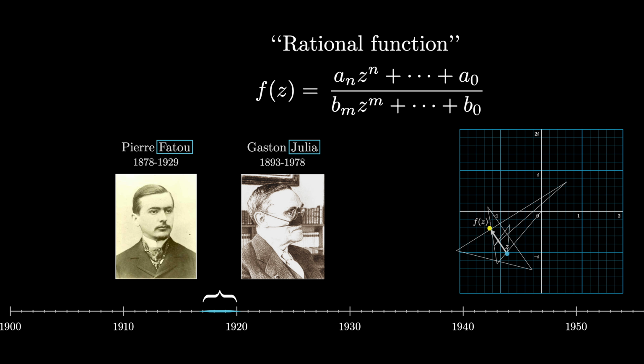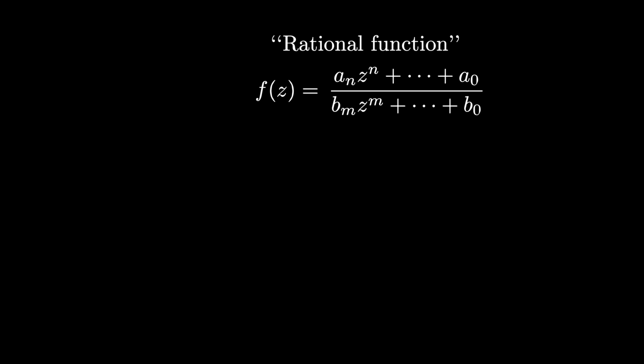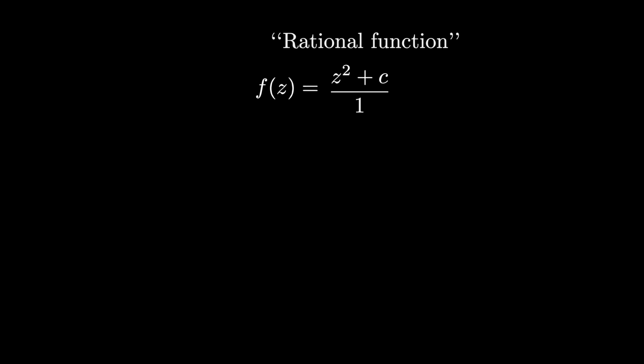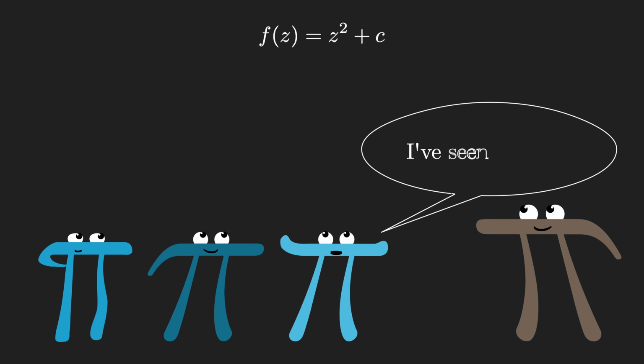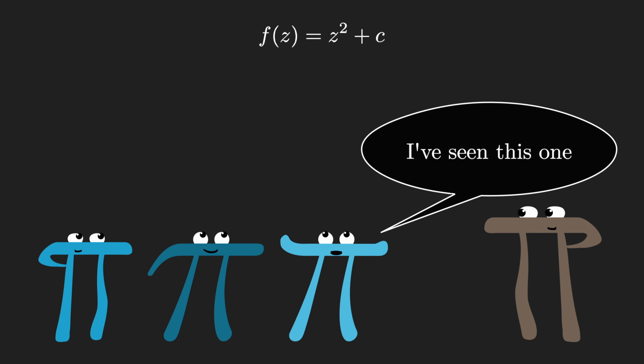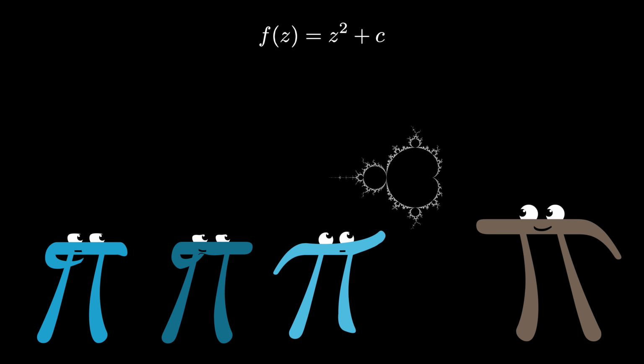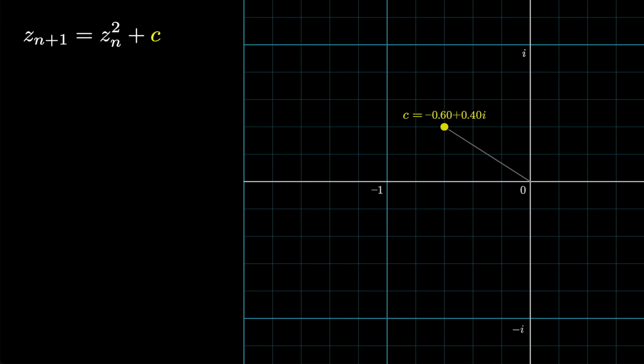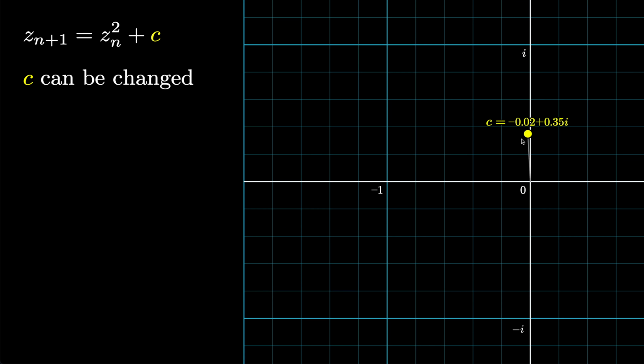By far, the most popularized example of a rational function that you might study like this, and the fractals that can ensue, is one of the simplest functions, z squared plus c, where c is some constant. I'm going to guess that this is at least somewhat familiar to many of you, but it certainly doesn't hurt to quickly summarize the story here, since it can help set the stage for what comes later. For this game, we're going to think of c as a value that can be changed, and it'll be visible as this movable yellow dot.